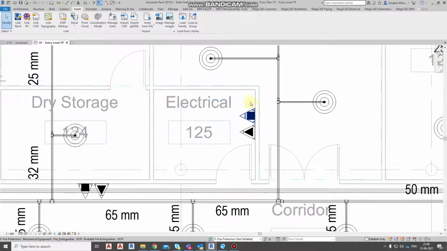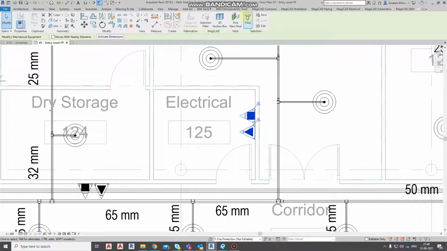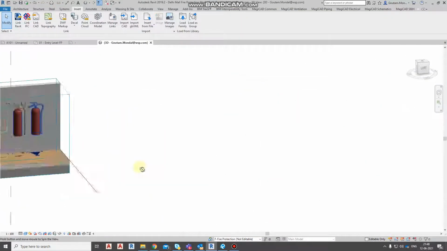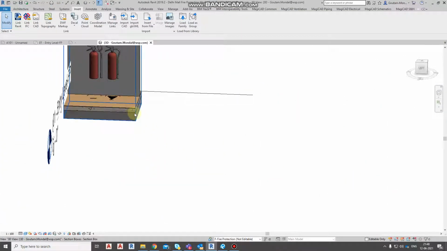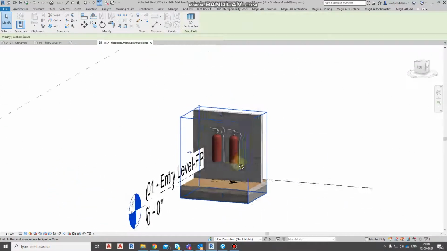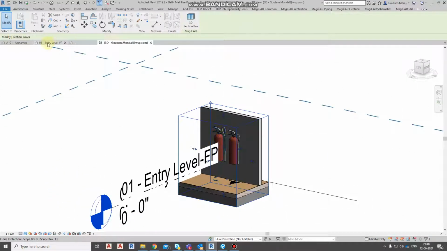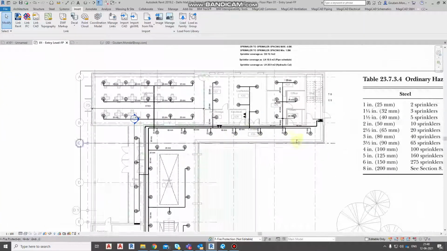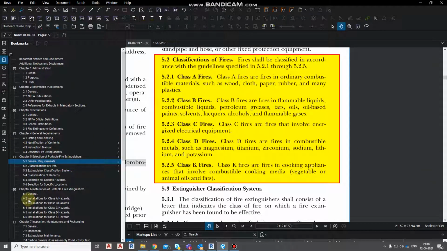So in each room we have provided two sets of fire extinguishers. If you see the 3D view for this one, you see here that we have considered portable fire extinguishers in all the electrical rooms, two types of fire extinguisher. And for this common area, as per this NFPA 10 section